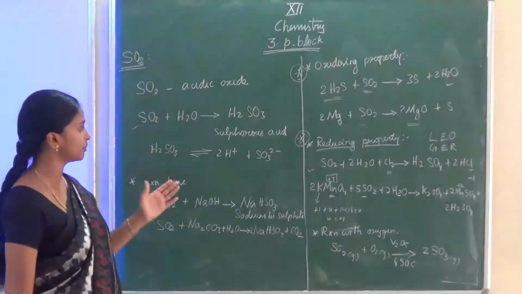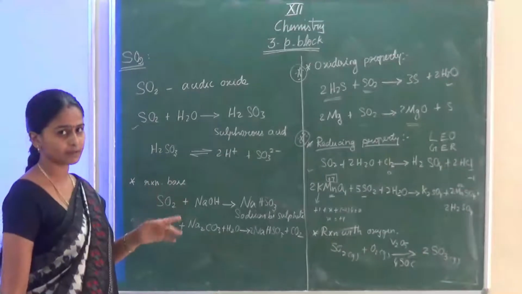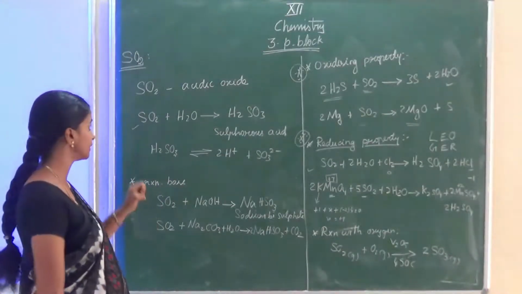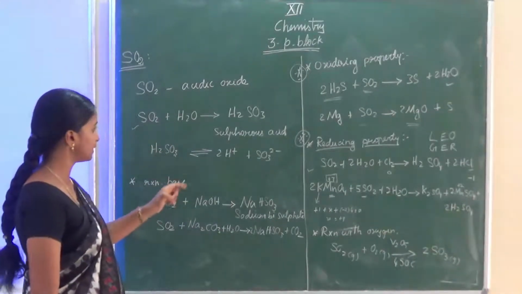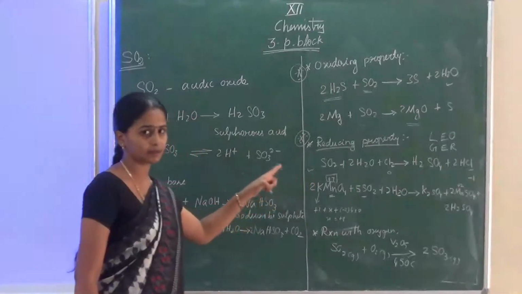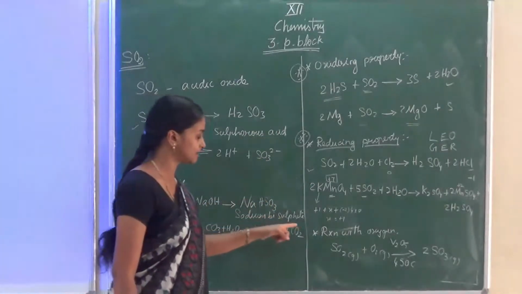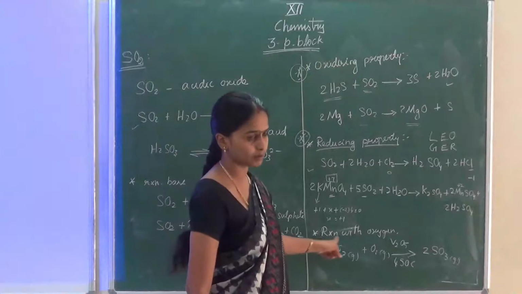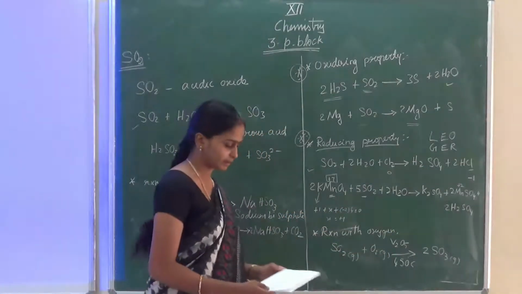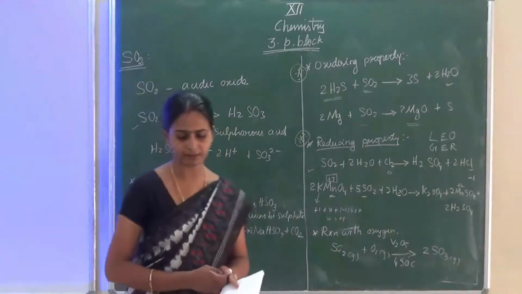Okay, what are the chemical properties of the sulfur dioxide? Here many one marks are there, so you have to be very careful in reading. This acidic oxide has both oxidizing and reducing character. Okay, when it reacts with oxygen, it produces SO3, which is used for contact process. Okay. The next here, bleaching action of sulfur dioxide.